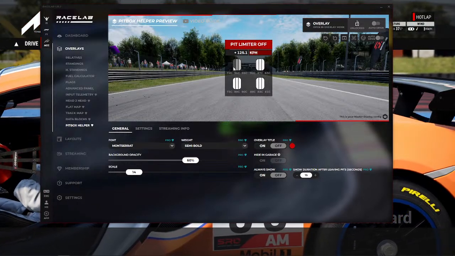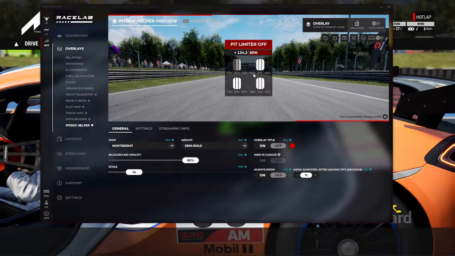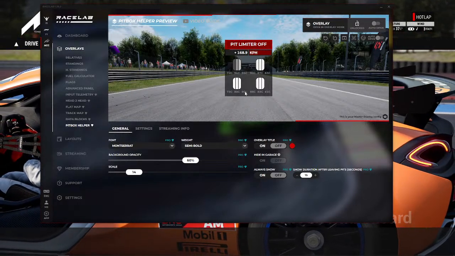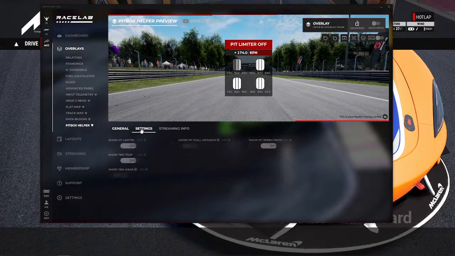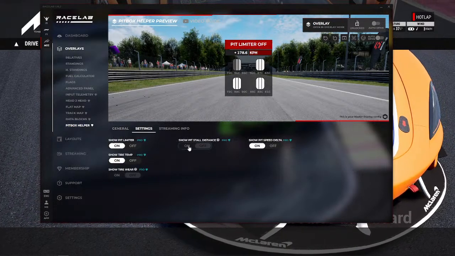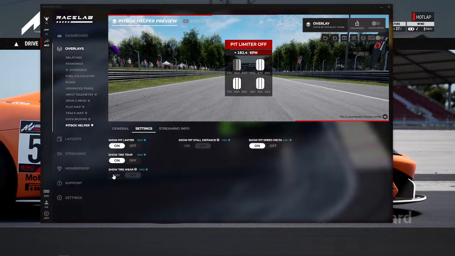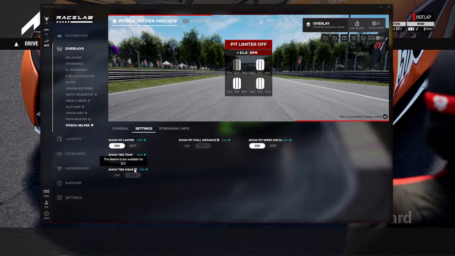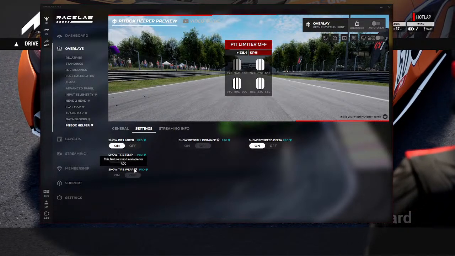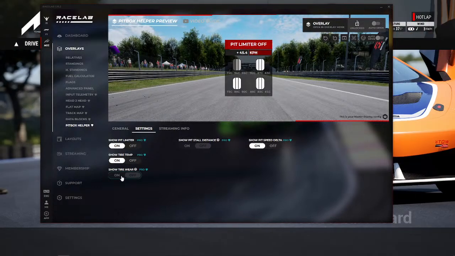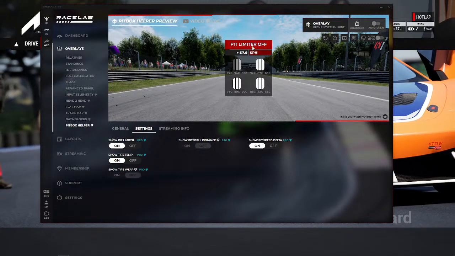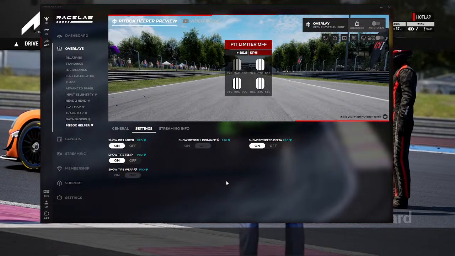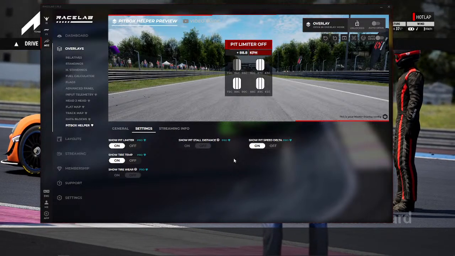It does show you, of course, in this state also degradation, and that is something that is not in Assetto Corsa's default overlays. You have some settings here. Show tire wear. The tire wear is not available for ACC. Well, forget what I said then. This is available for other games, not for ACC. That makes this thing a bit useless for me, as I've already got that way neater in the ACC